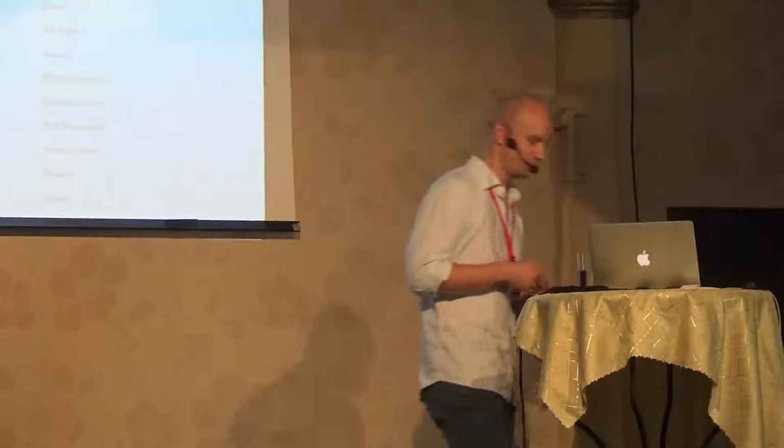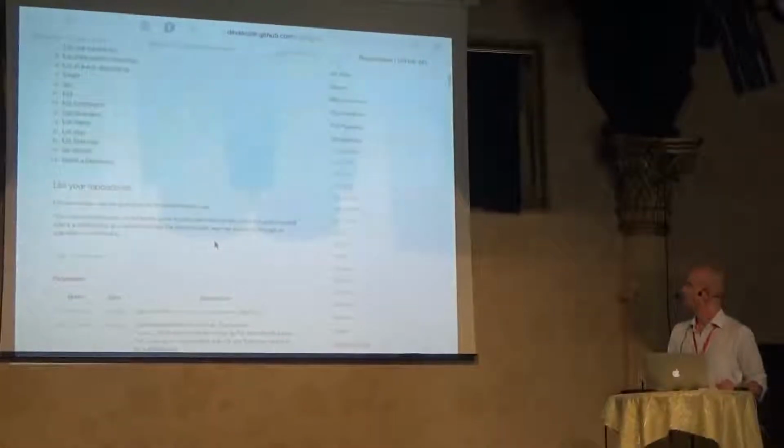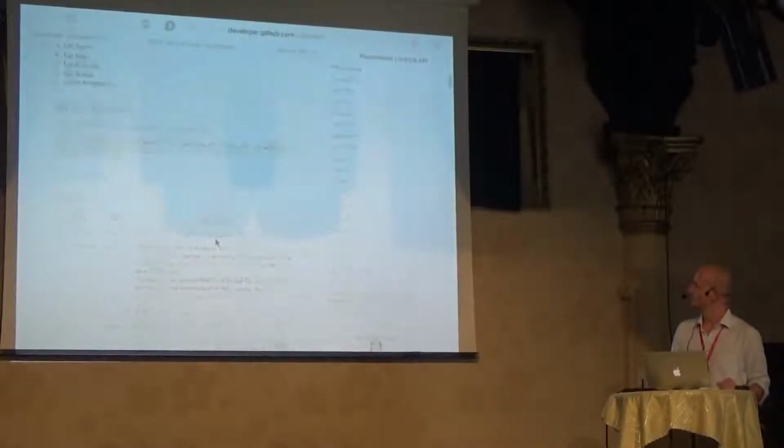Now, I'm a human, and as a human, I'm the ultimate semantic machine. I'm like the semantic beast as you are. I can figure out that, hey, this is GitHub. There are some things like repositories and source code and users and comments. So there must be something like that, right? So I can see repositories here. If I click on that, I get to a repositories documentation, and here it's becoming really more interesting what is inside. I can see that I can list our repos, or my repos.